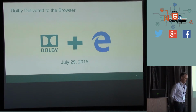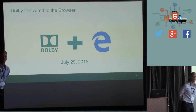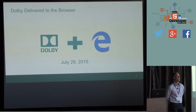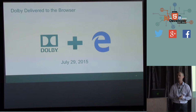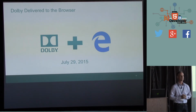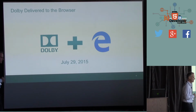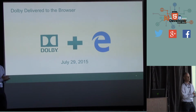And one of the things that we've announced recently, you may have caught this in the news. If not, we're happy to introduce this to you today. With the 60% or so of folks who continue to experience premium web audio content on the browser, that experience is now going to be delivered through the browser, through Microsoft Edge. We've been working exclusively with Microsoft to bring all of the key benefits of the Dolby audio experience to be